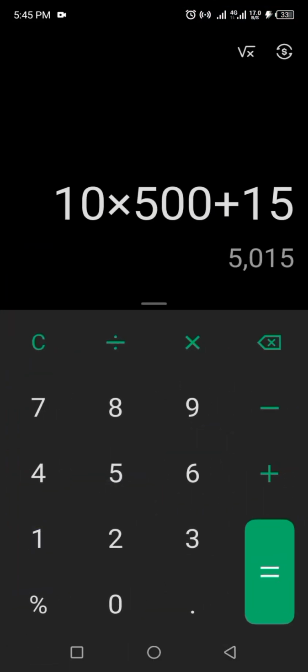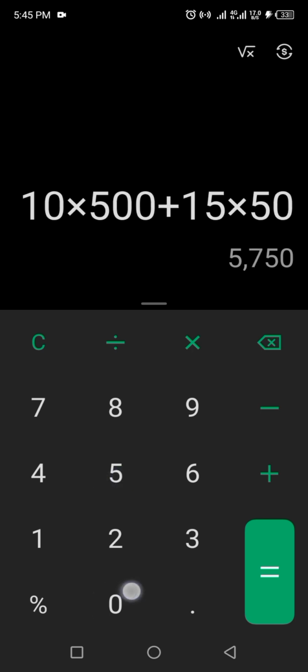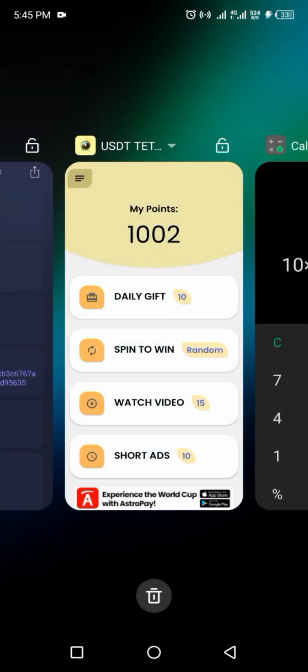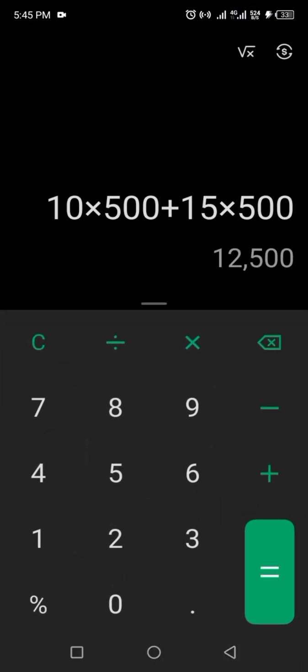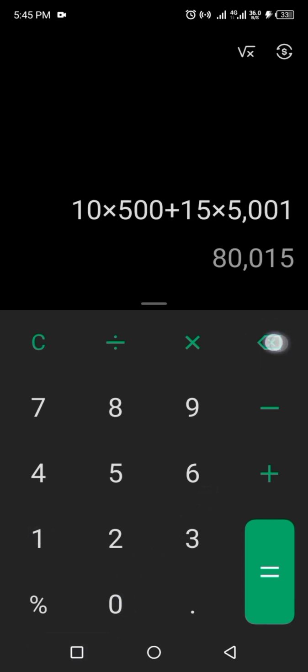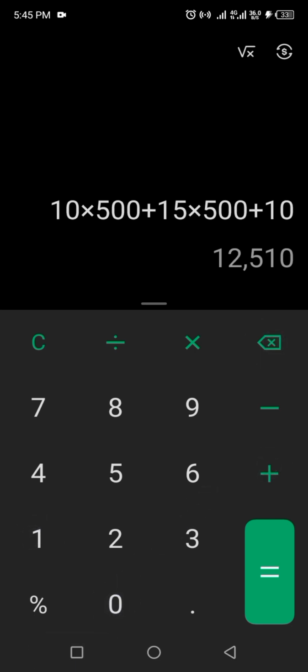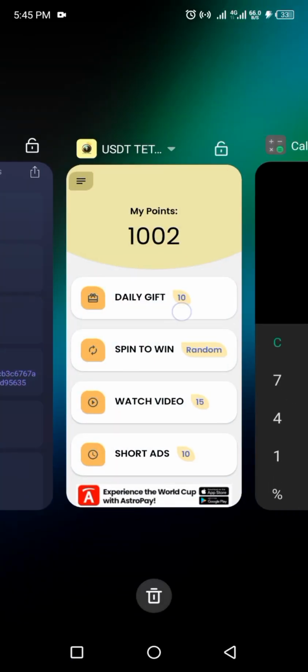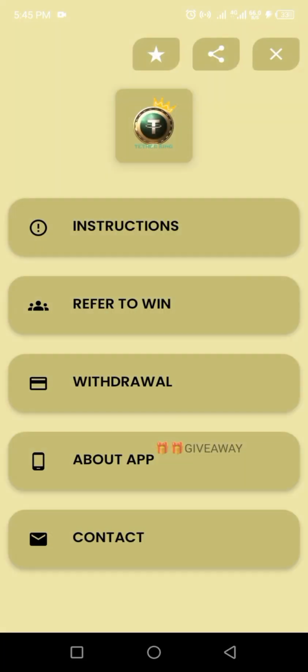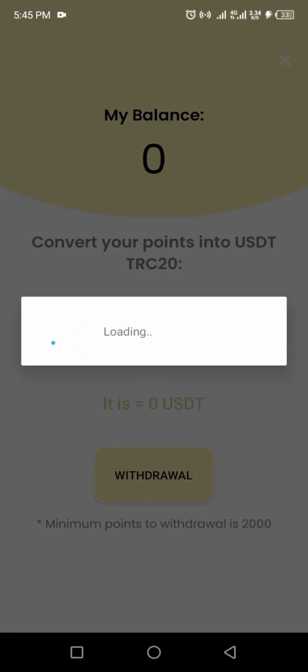Let's say I view video ads 500 times a day, then I claim my daily gift. I can also choose to participate in the spin and earn plan, but let's keep that aside. We're going to be earning a total of about 12,500 points, and at the end of the day, if we go withdraw these points,